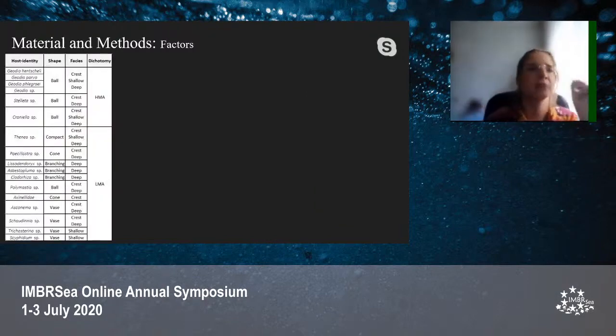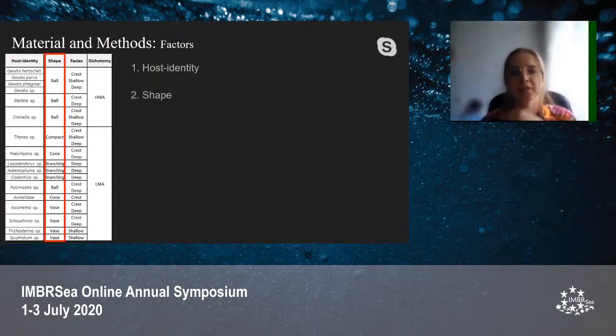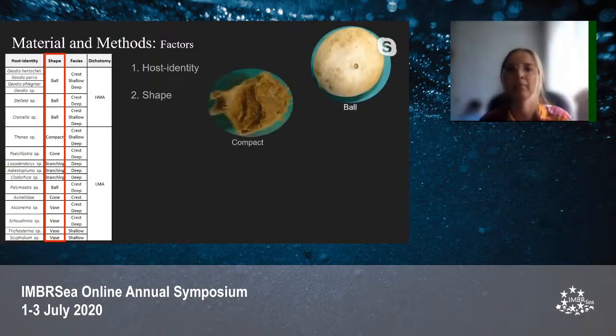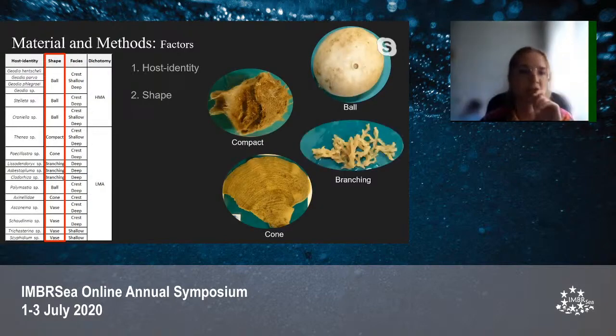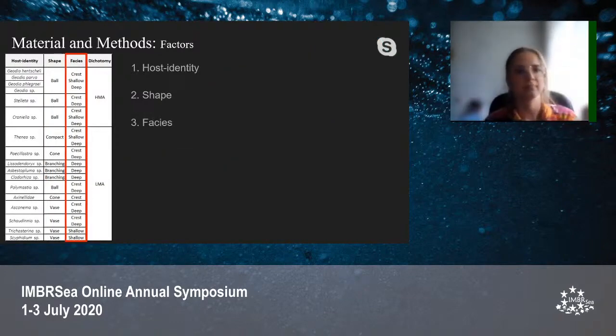As mentioned before, there were three factors that were implemented in the analysis. The first one is the host identity, represented by the lowest taxonomic level of a sponge, mostly at the genus level. The second factor is the shape. Every sponge was assigned to one of the shapes: ball shape, compact, cone, branching, and wave shape. And the last factor is the facies,